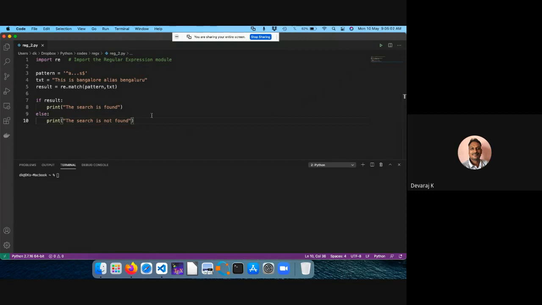See, what I'm trying to do here actually, ALIAS. That means I'm trying to look for a pattern which starts with A and ends with S. So what will this particular program do? It will go here in this particular string. It will check for any word which starts with A, ends with S. In between, I have three characters. Okay. Now I'll try to run this code.